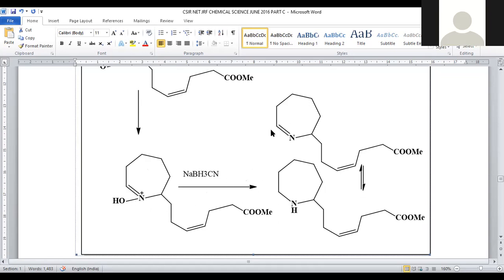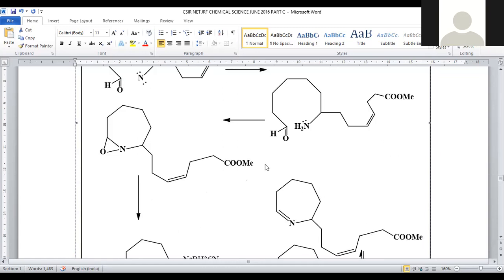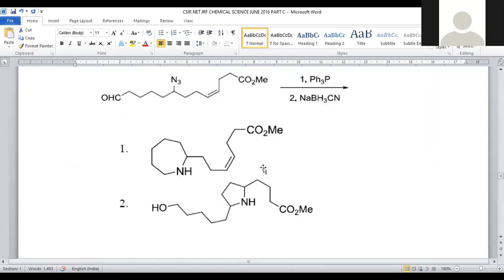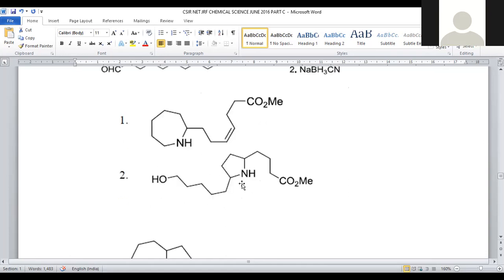Now upon reduction, what we got here is a double bond containing N. We can shift this bond towards this side so that it turns into N minus. N minus can extract one H plus and it is converted into NH. In this way we can generate a saturated ring system and a side chain with a cis olefinic double bond, right? This kind of system is represented in option number 1.